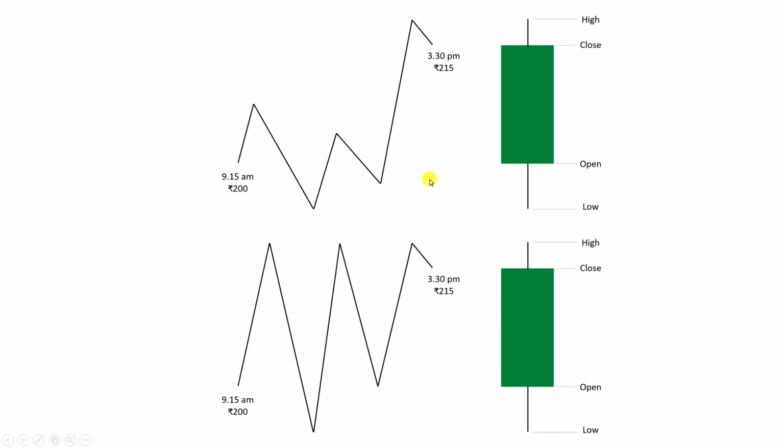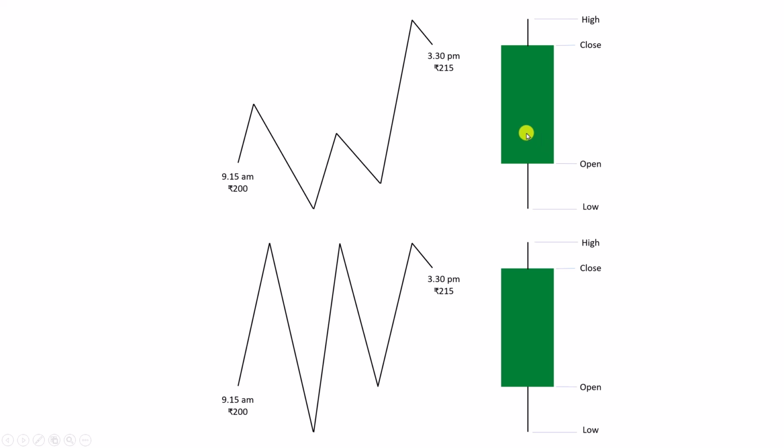Okay? Now when we are looking at candlesticks, we will not be presented with this. We will not be presented with this. We will be presented only with the candlestick. Now this is 1 day's candlestick, meaning it represents the price movement of 1 day, that is from morning 9:15 a.m. to 3:30 p.m. Now when we look at this candlestick, all we come to know is the closing price is higher than opening price and then it went till here, went till here.